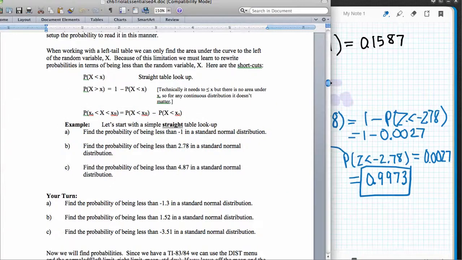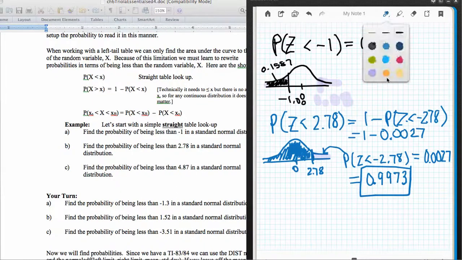Now let's go to this one here, find the probability of being less than positive 4.87 in the standard normal distribution. Now this one is in here because this is a little